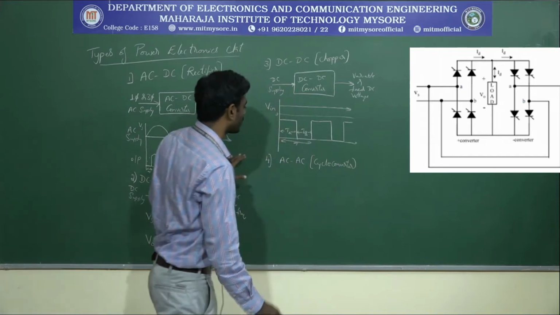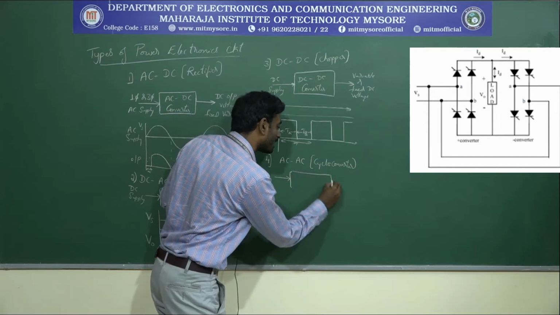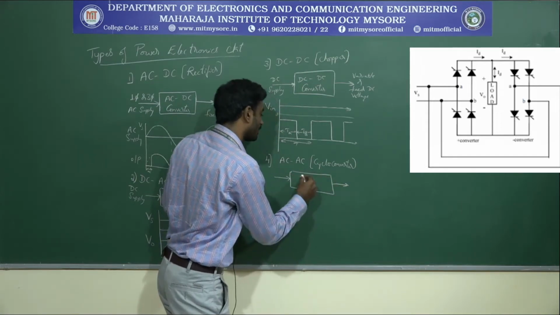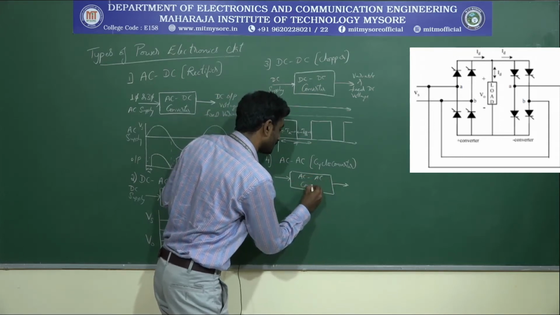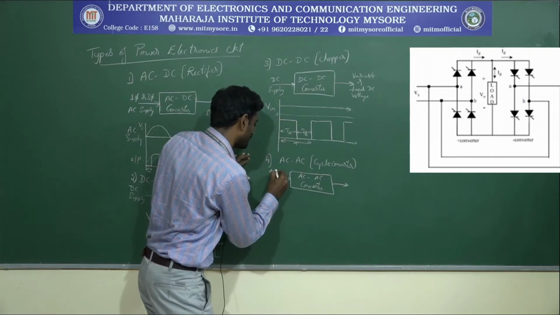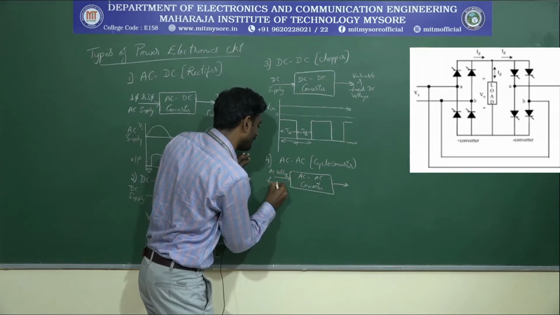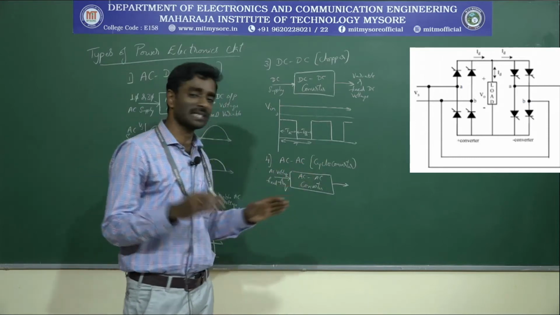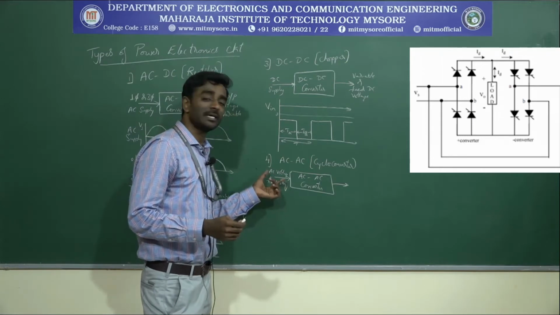So if you consider a cycloconverter, where the input voltage will be an AC and the output voltage will also be an AC, for this particular operation I will be using an AC to AC circuit, where the input is an AC voltage with a fixed frequency. The input should not be varied. When you consider any circuit as a cycloconverter application, the frequency should not be varied with respect to the input value here.